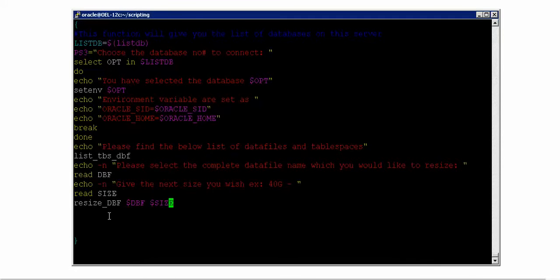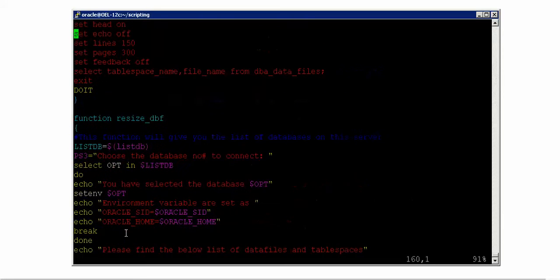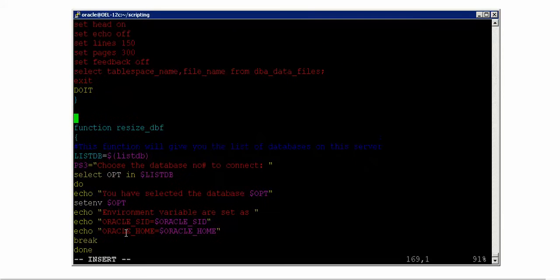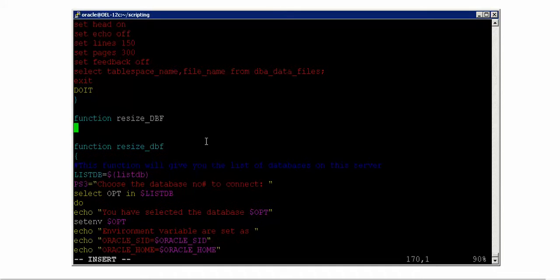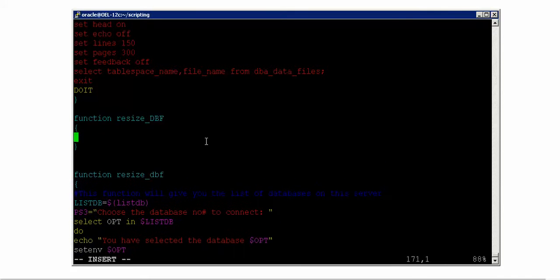Now what should I do? I should create this function, right? So now I should say dd. Now I should create this function, go up and create it. Function, this one, and this one. Yes, that's fine.